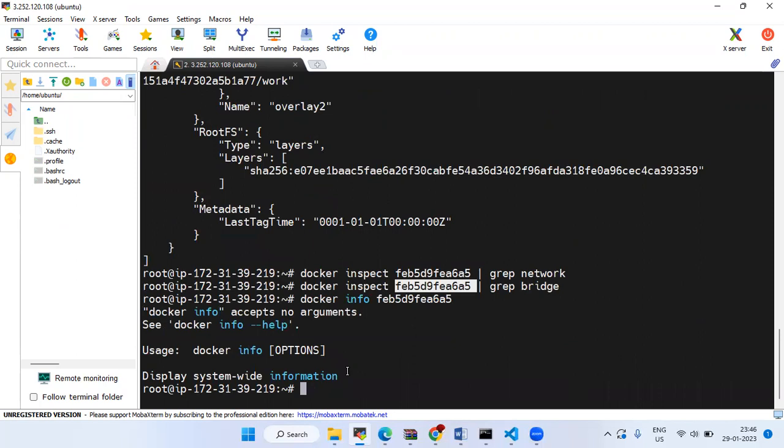Not this image. What I will do is Docker run. I will download another image. Docker we can download from